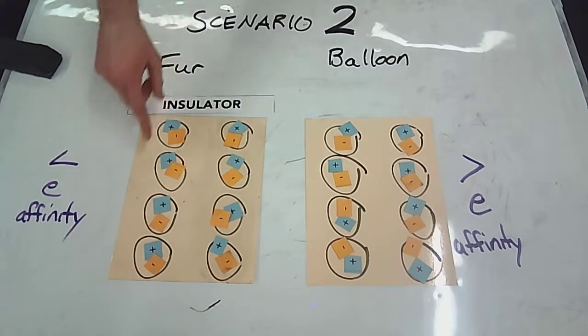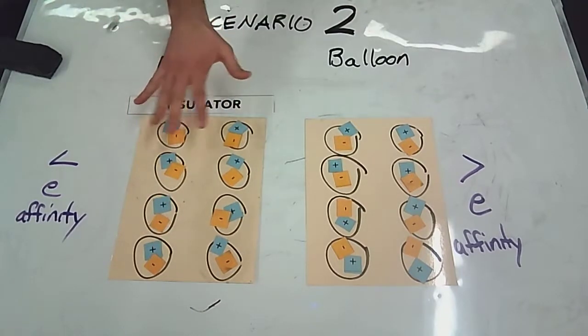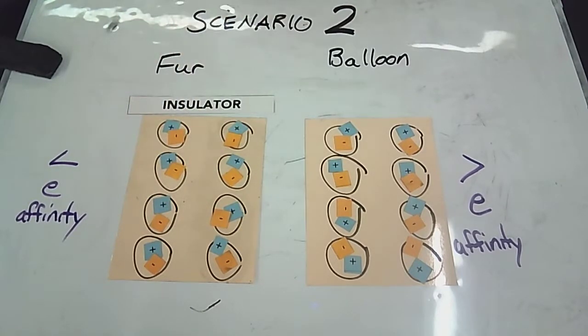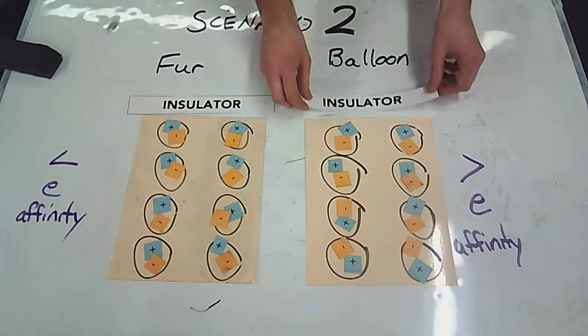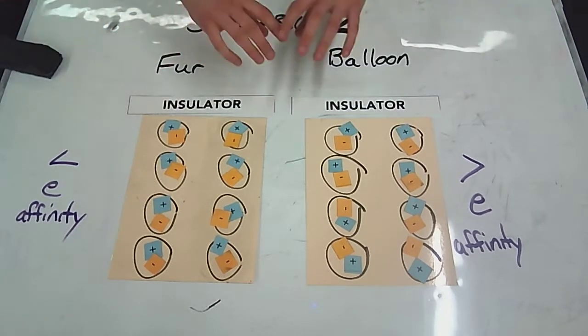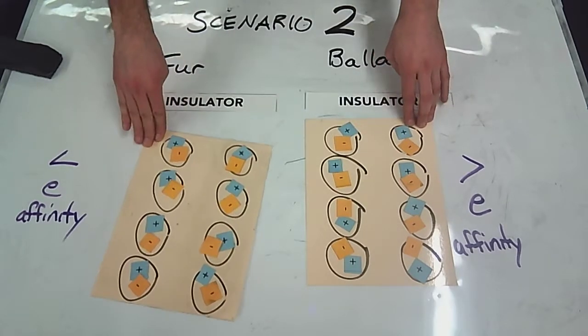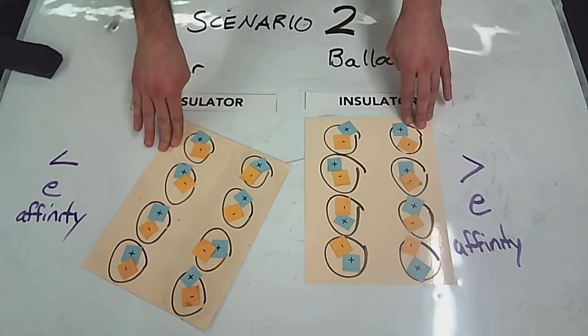Right? It has 10 atoms, so 10 protons I have, and it's also neutral, so I have the exact same amount of protons and electrons in this model. It's going to be the exact same thing with the balloon. It's an insulator, 10 atoms, it's neutral, so same amount of electrons and protons. All right, so right now, the electrons are exactly where they want to be at. They're as spread out as they possibly could be, but if I take maybe this end of my fur and